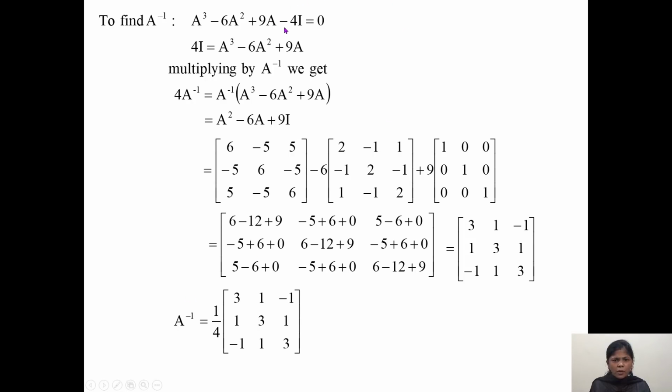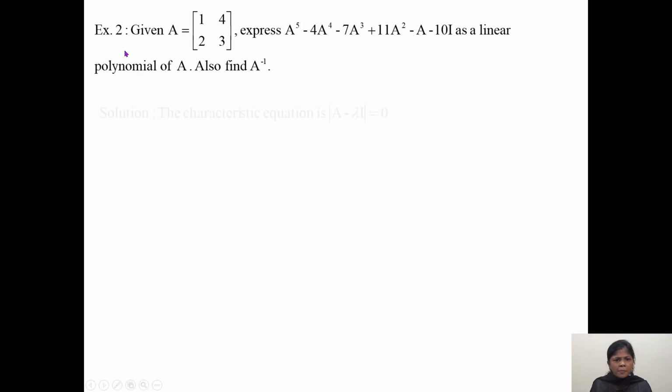So what do we have to do? We have to take the lowest power term of the characteristic equation obtained after applying Cayley-Hamilton theorem on one side and the remaining terms on the other side. And according to the requirement, we will have to pre-multiply by a power of A, such as a to the power minus 1 or a to the power minus 2, depending on this. Here I am having I, so I have multiplied by A inverse. If it is A, then we will multiply by a to the power minus 2 likewise. So let us move on to the next example given.